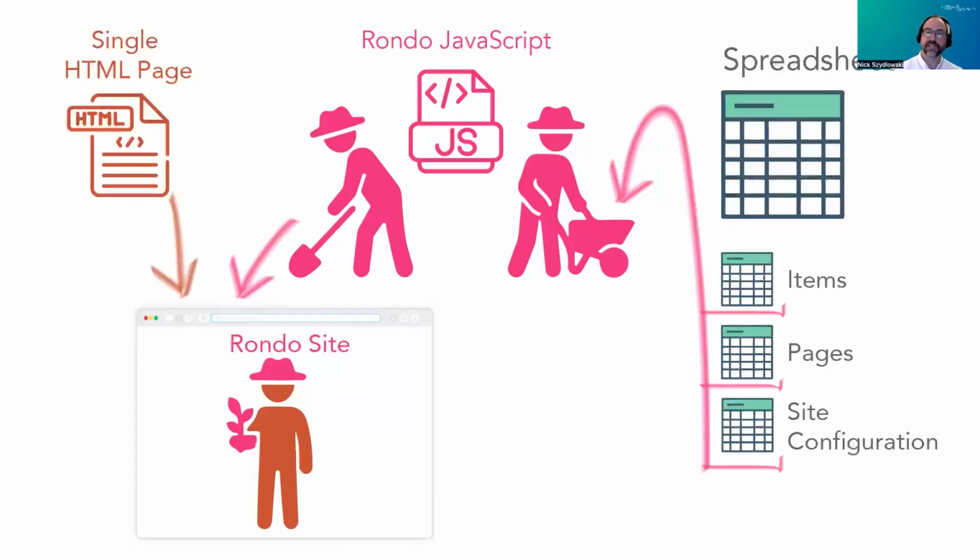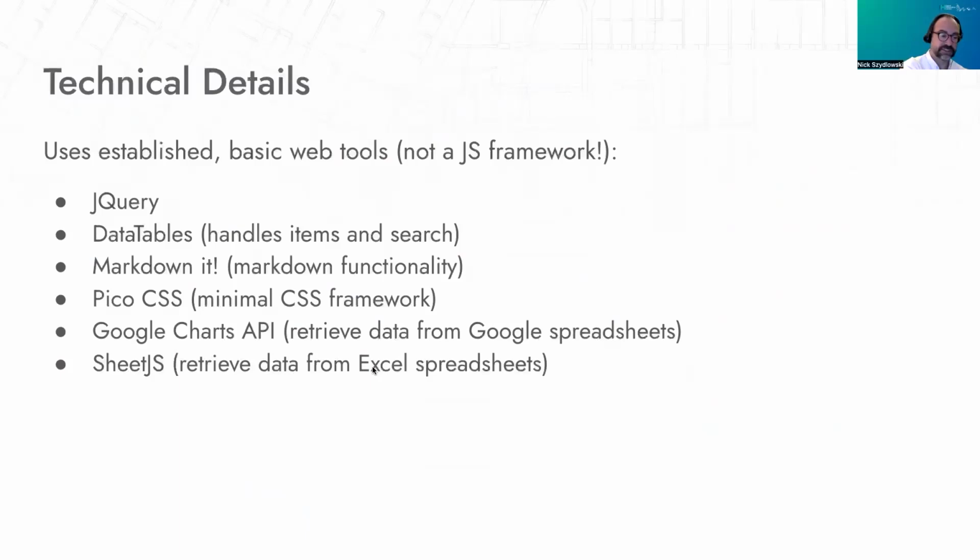Here's our architecture diagram for Rondo. You can see over here on the side the spreadsheet, consisting of an item sheet, a pages sheet, and a site configuration sheet, forms a little database for Rondo. Rondo's JavaScript retrieves the data from the spreadsheet and works with a single HTML page to build out the interactive Rondo site. Of the technical details, the key one I want to highlight here is that Rondo does not use a JavaScript framework. So if you're familiar with HTML, CSS, and JavaScript, you'll be able to work with and modify